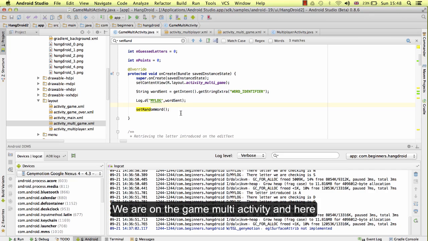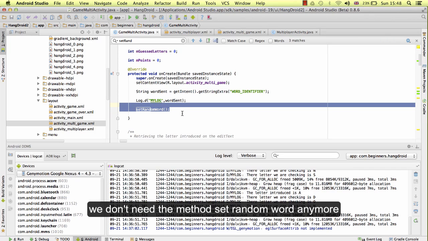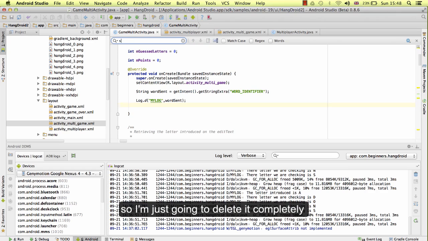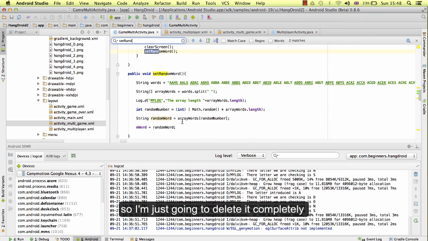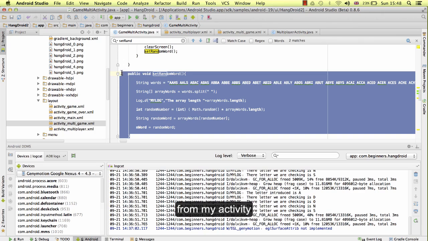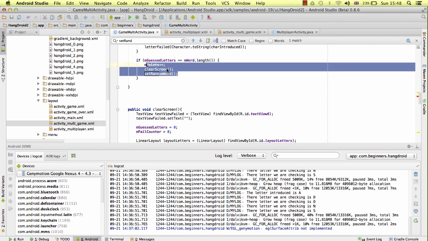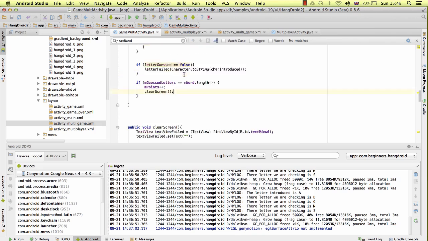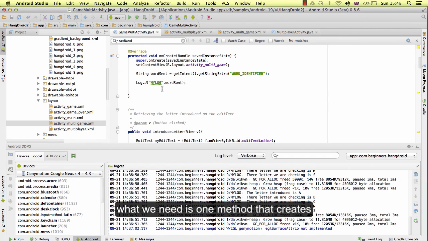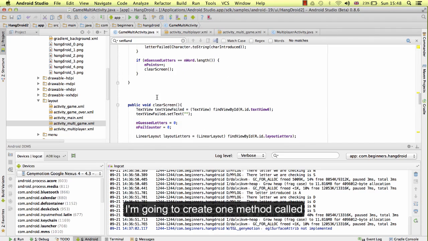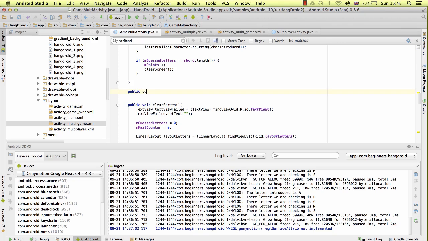We are on the game multi-activity, and here we don't need the method set random word anymore. So I'm just going to delete it completely from my activity. What we need is one method that creates text views for the word. So I'm going to create one method called create text view for one word,